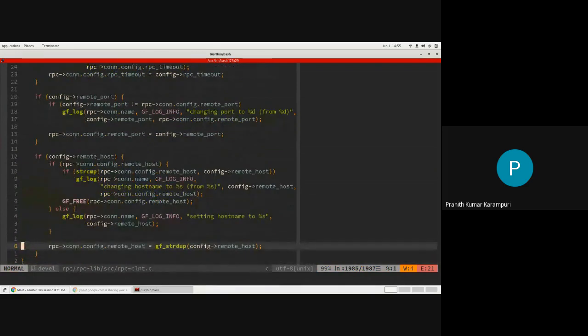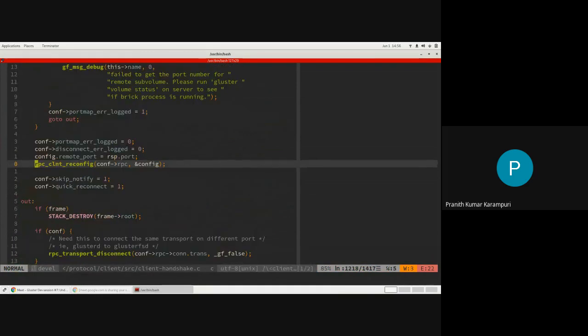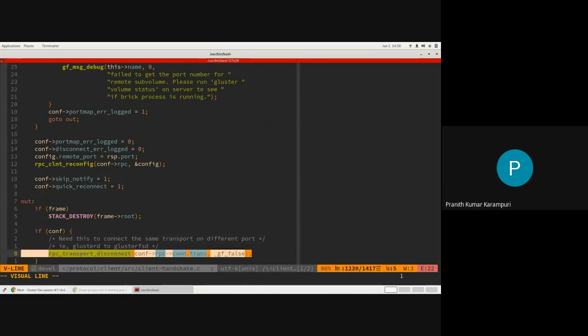So now the next time the connection happens using this RPC client, it will connect to the brick. So it resets the port and hostname information here, and then it will trigger a disconnect so that the next reconnect will happen on the brick.